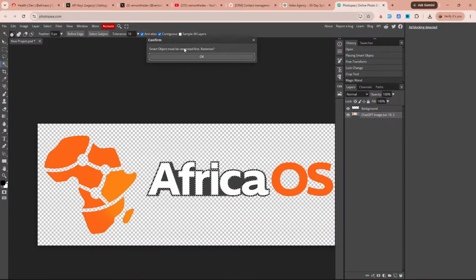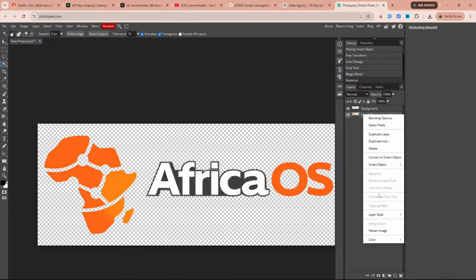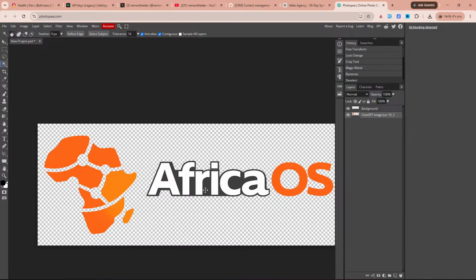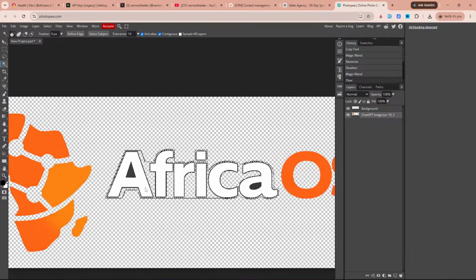It's saying smart object must be rasterized first. So we can just put that image and then there's an option to rasterize that layer. Let me see if I can just delete it still. Alright, so it automatically rasterized the layer. So the other one that I can delete is this one. Delete